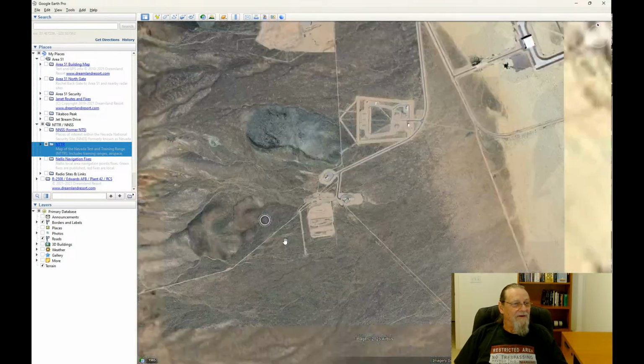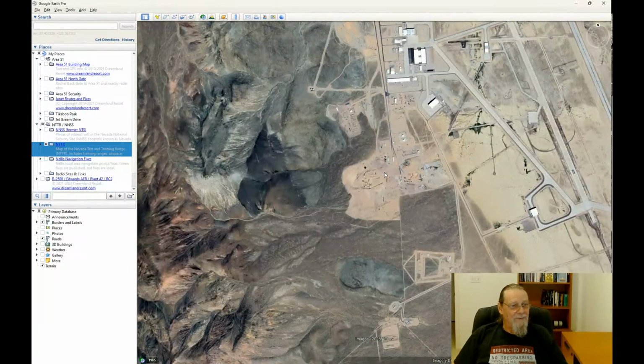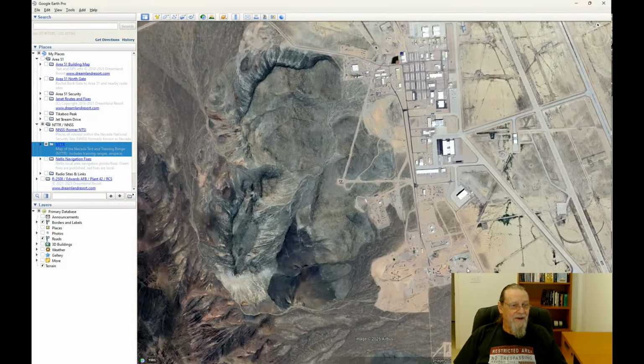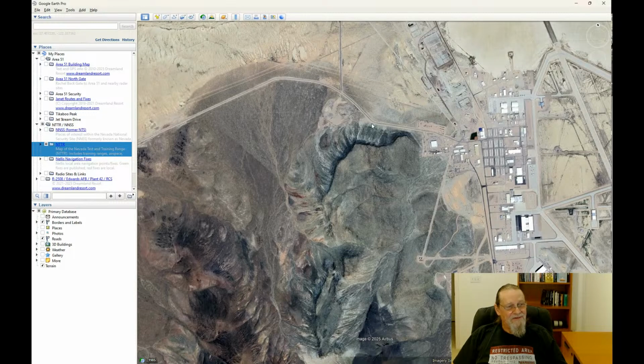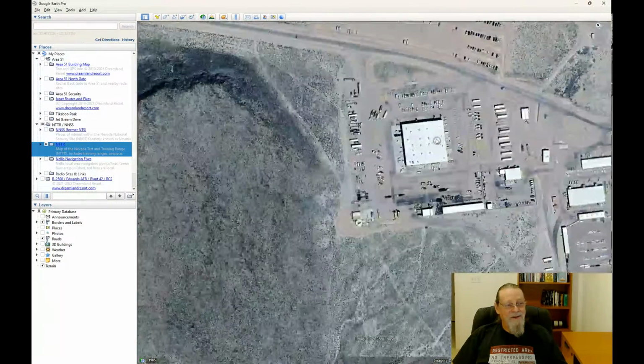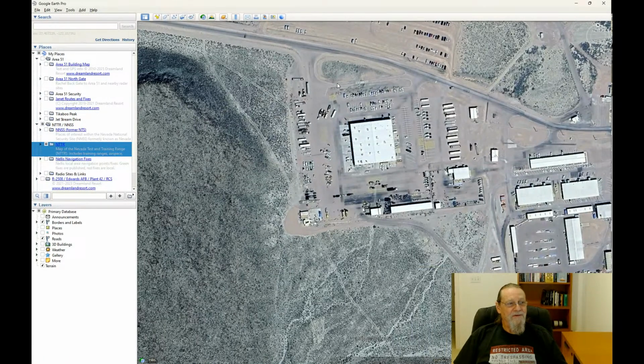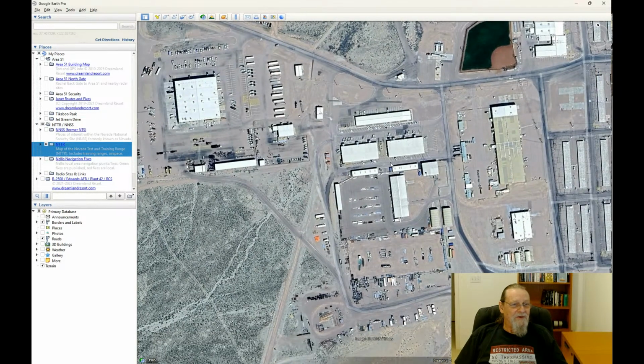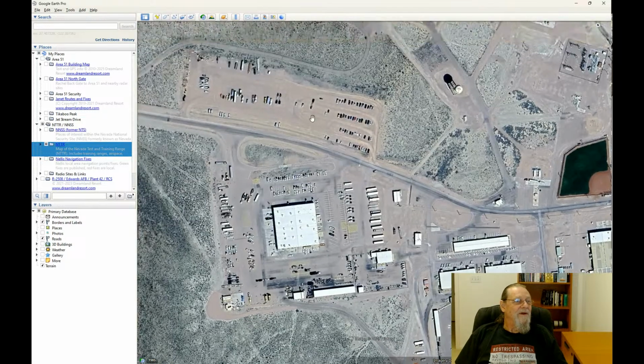Some waste burial area here. Here's a concrete plant, gravel pit, concrete plant, water tanks, shipping and receiving facility. This is where most deliveries come through the Nevada test site, come down this road here, and arrive at the shipping and receiving facilities. And this is the end of the road for most delivery drivers. From here on, base security, secure personnel takes over and brings the deliveries to where they need to go. This area is building materials, some shops, and